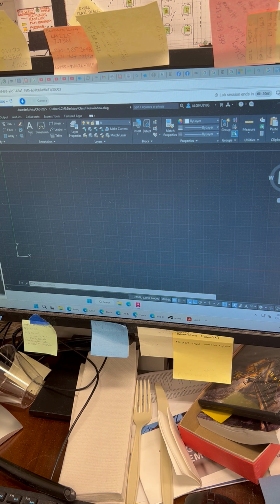All right, on your home tab, you're going to start the line command. Notice the prompt. The prompt says, specify the first point. Previously, when we were doing this, I just had you randomly pick points off the screen, but now we're drawing with precision. And I want to start this line at a precise absolute coordinate. I want to start it at the origin of the drawing, which is 0 in the x, 0 in the y. So when it says to specify the first point, I want you to put in this little box here,